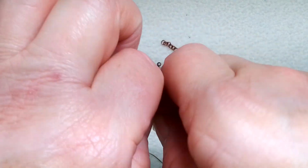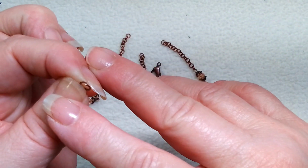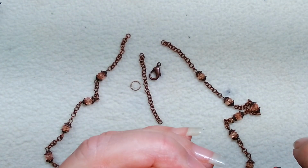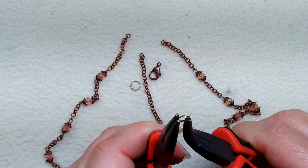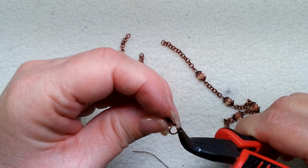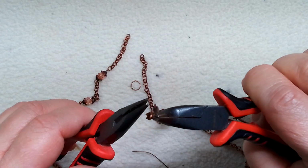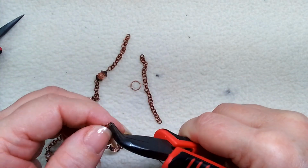Well, I thought I cut it. So now they're going to line up so much better. My cutters didn't do a great job cutting that. It should have been a little more flush, a little more flat, but at least they will line up now. So open it up, put on our lobster clasp. Close it up. And yeah, see much better that closed. It closed right up to each other, and